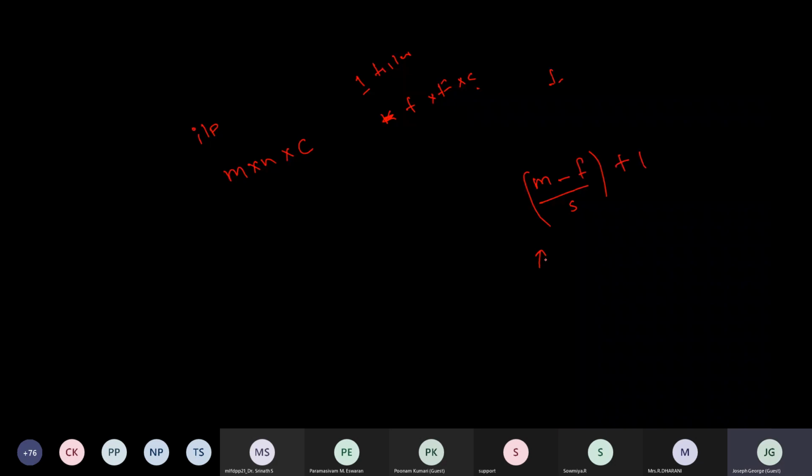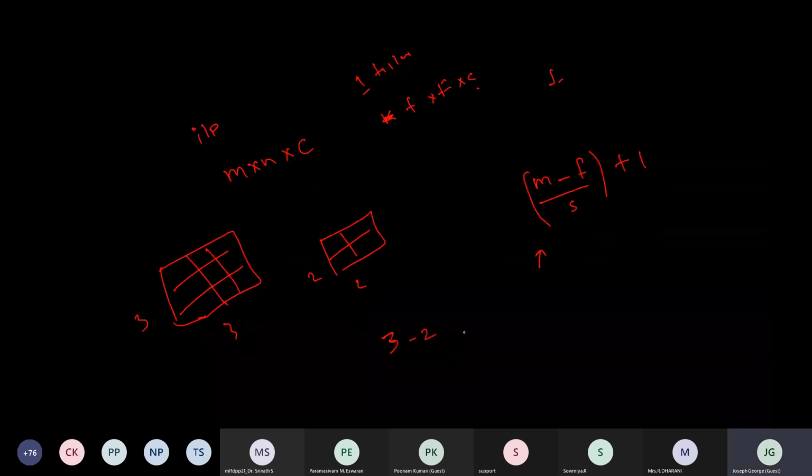So in our example, we are taking a 3 cross 3 image and a filter of 2 cross 2. So it will be 3 minus 2 divided by 1. Here S is nothing but the stride, whether you are moving 1 pixel at a time or 2 at a time.